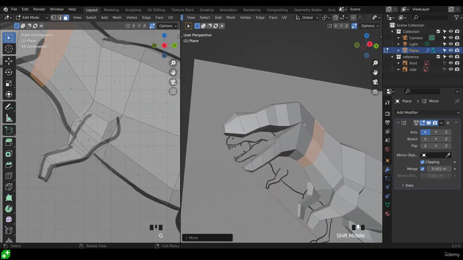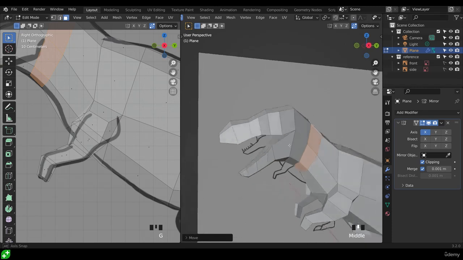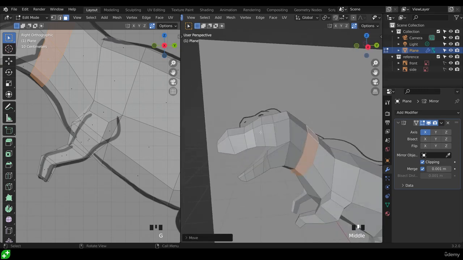Now let's zoom into the head. Before I start the head, make sure you've caught up with me, just adjusting the neck if necessary. Pause the video and have a go at that if you need to. Now the head itself is looking okay. We just need to put an eye into this area here and maybe a little bit of modification just so